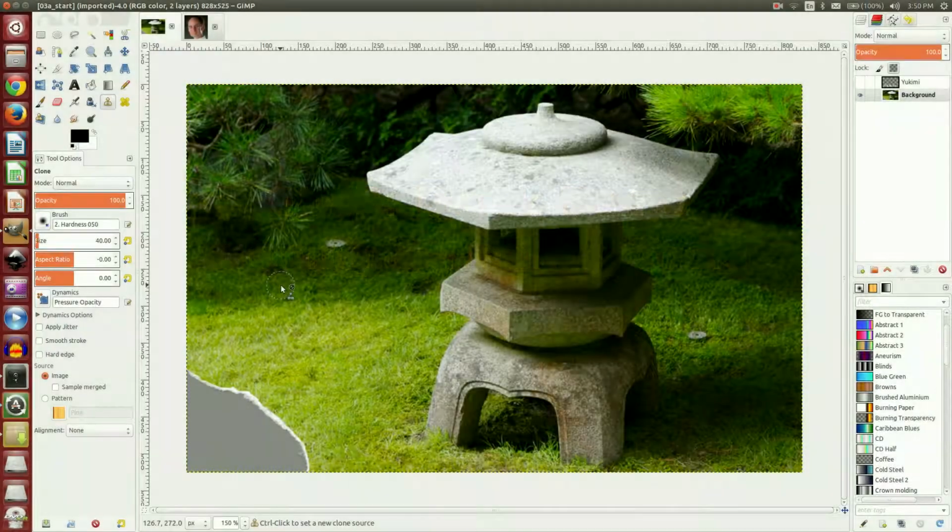A quick demonstration of the clone tool. When you first open it up and select the clone tool, if you just start trying to brush around, nothing happens. If you notice, there's a no symbol currently on the cursor. The first thing you need to do is select an area. So if you come up here, for example,